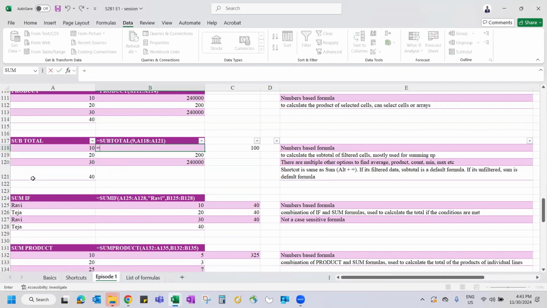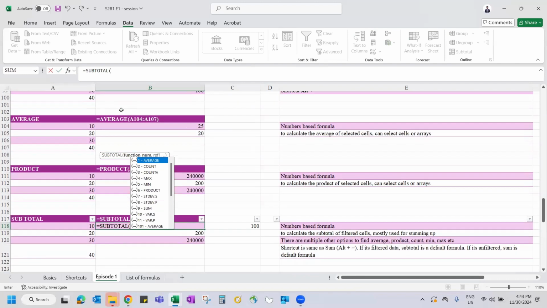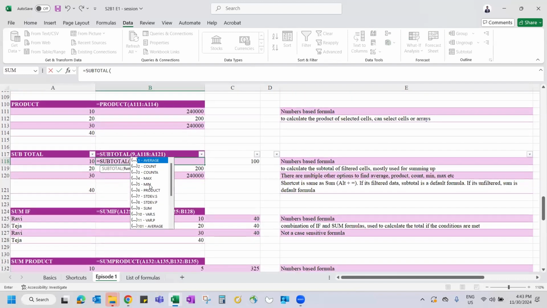And in subtotal, there is an additional condition. Till now, with sum, product, average, it's only one condition, right? But here you have an additional condition. What is that additional condition? You can choose subtotal. Sum is a basic thing where you're adding. But instead of adding, you can calculate the average. You can count the number of cells. Count the number of cells means,